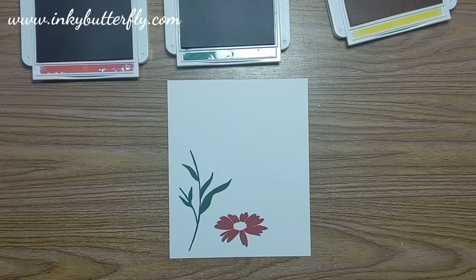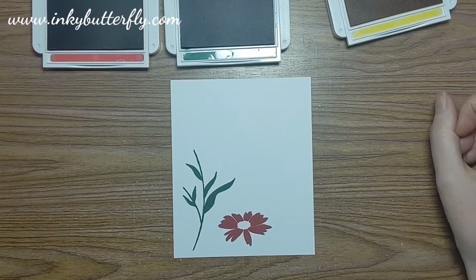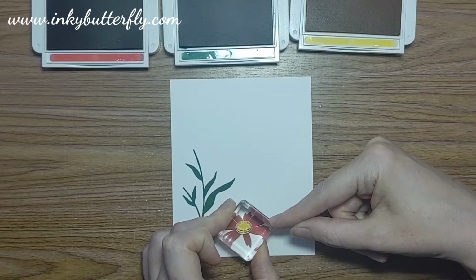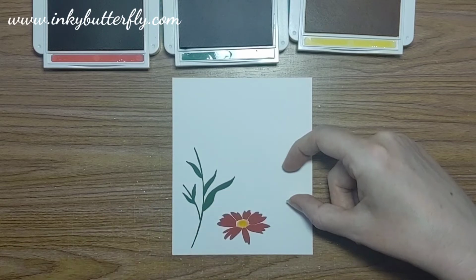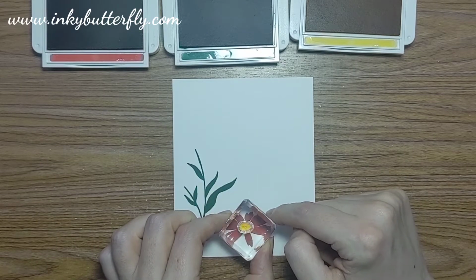And with my red inks I do like to get that off nice and clean straight away, and you might hear it squeaking in the background actually. And then I'm just using a little bit of the Daffodil Delight just to pop in this stamp that creates a centre for the flower. And if you miss a little bit, you can always go over it, it's not a bother. So the beauty of these clear photopolymer stamps is that you can see right through it and